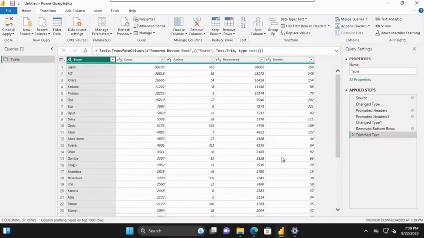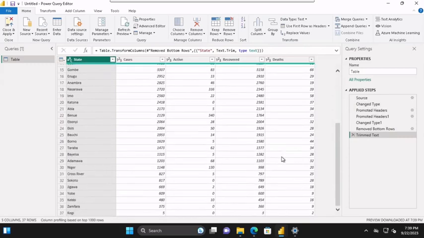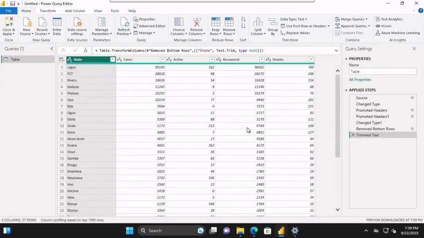So what else can we do? I think we are practically done. You can even see some zero, like active cases. These are the total number of cases. These are the active cases. This is the recovered cases, and this is the death case. So in a situation where there's no active case, it means that they're actually free, they have recovered, and they have death. So we can do something on this, but